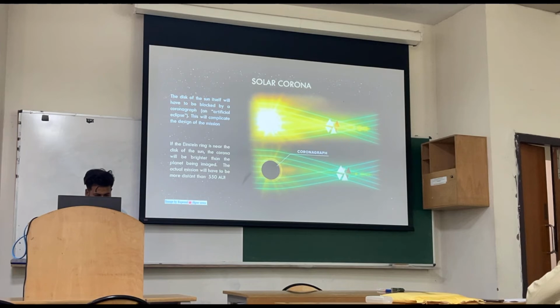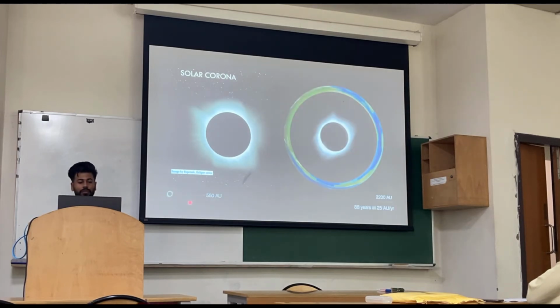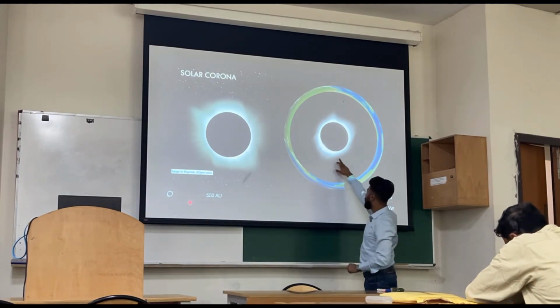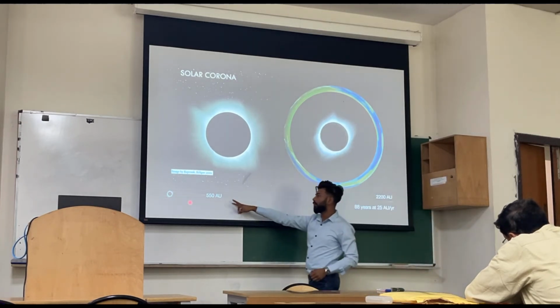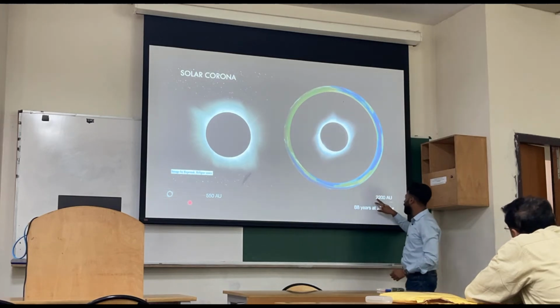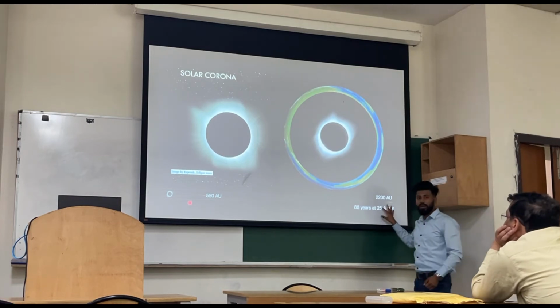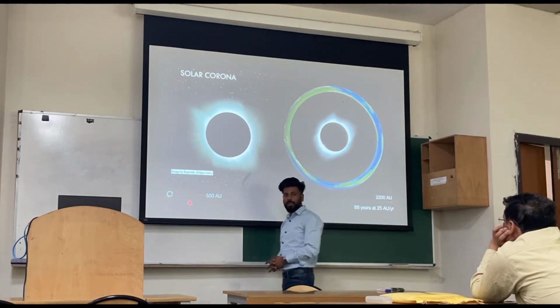And even using this coronagraph, we cannot just take our Einstein ring right after the coronagraph, because the solar corona is so intense at that spot. So we can image our exoplanet somewhere at a distance where the effect of the corona ends. But the difficulty is that the initial focal point was 550 AU, but at this point we reach 2200 AU. So even if we move 25 AU per year, which is quite impossible for now, it will take 88 years. So there is no meaning in that.